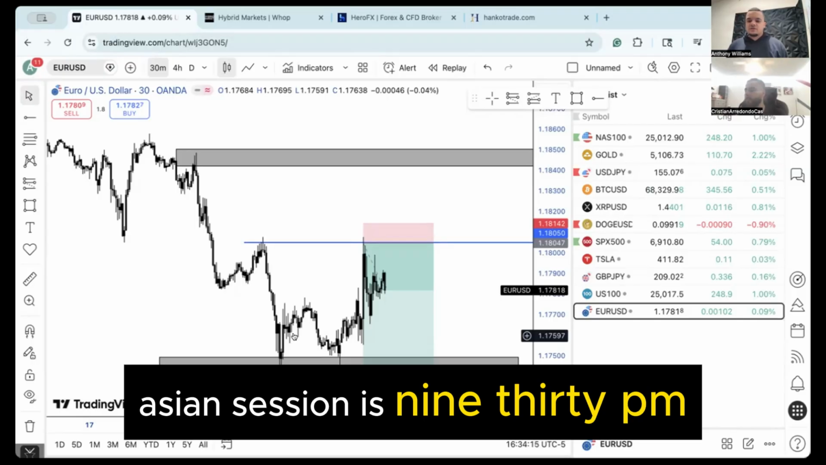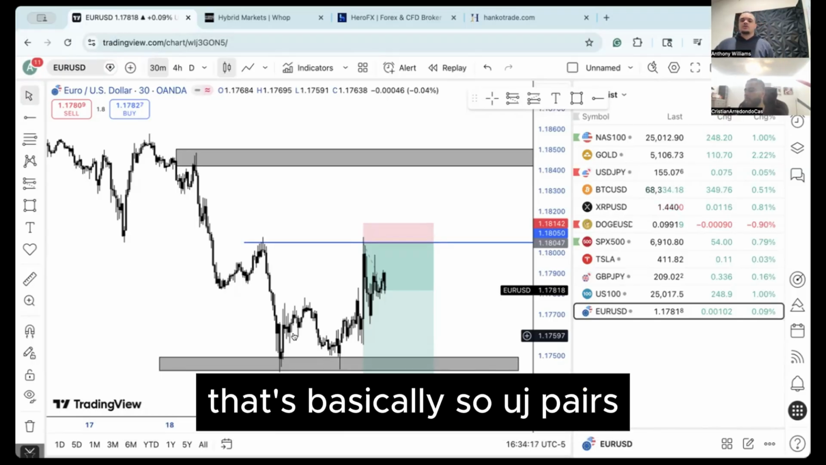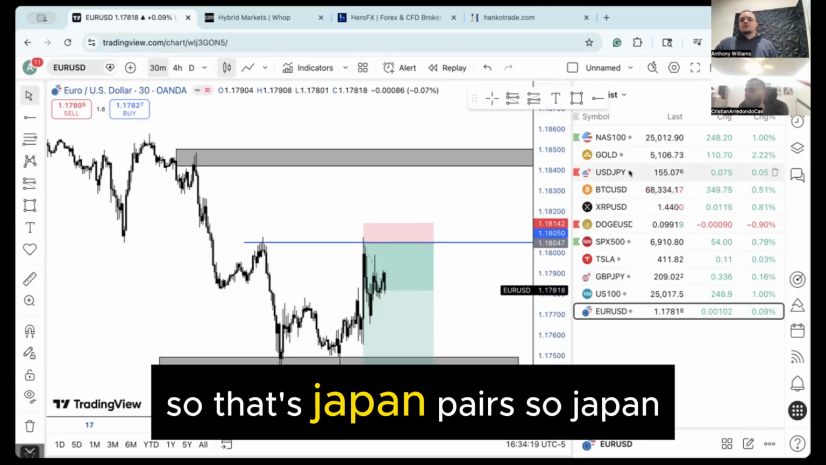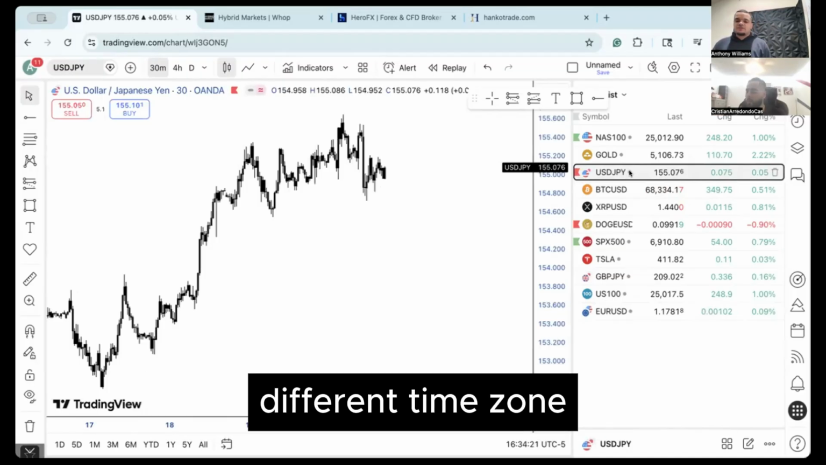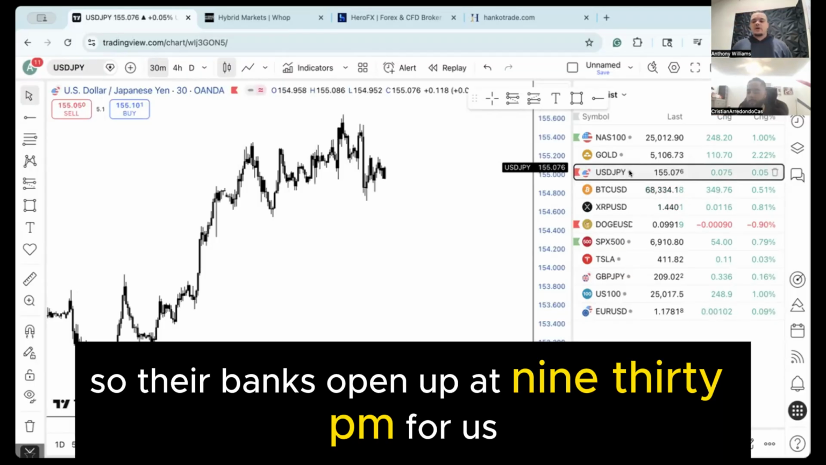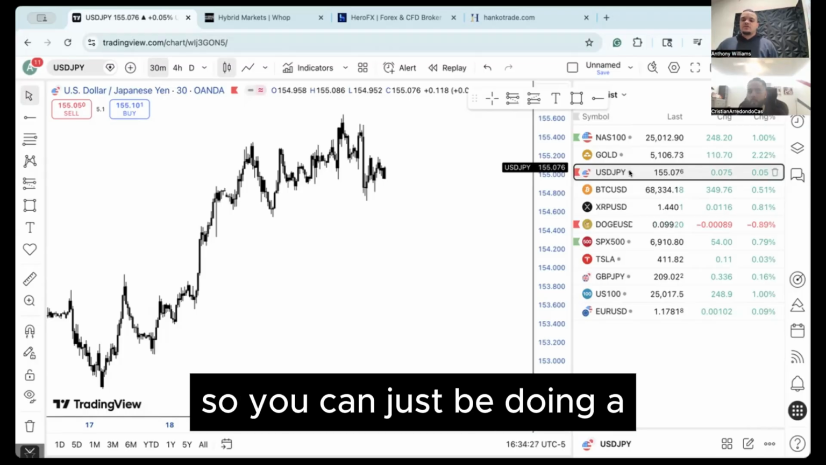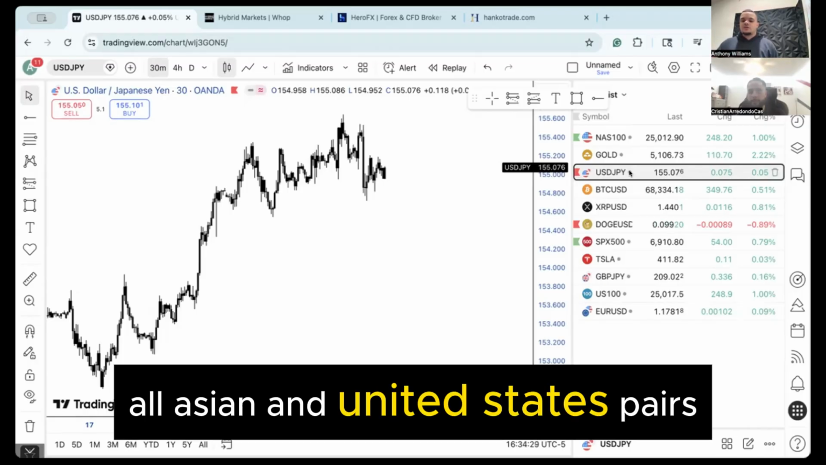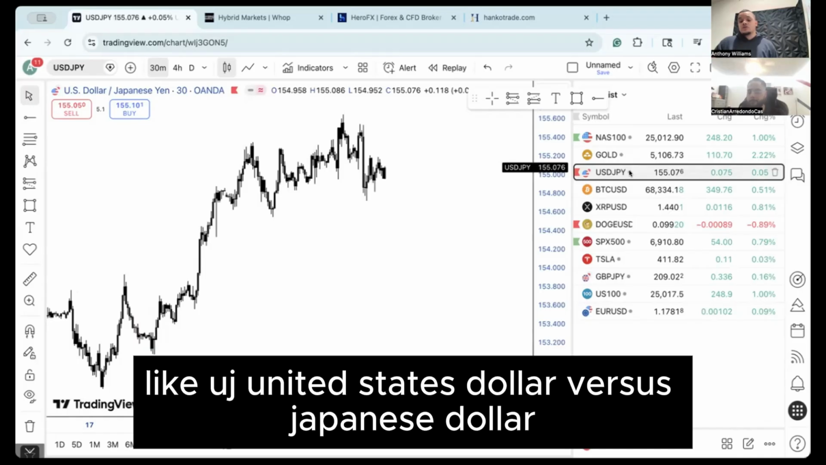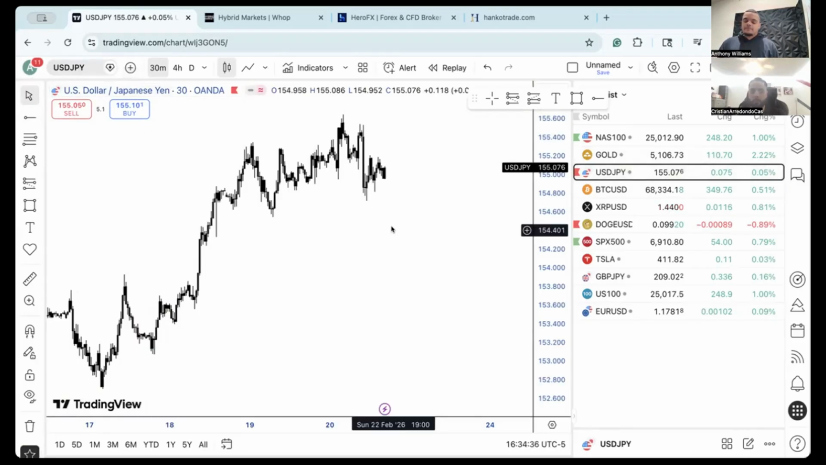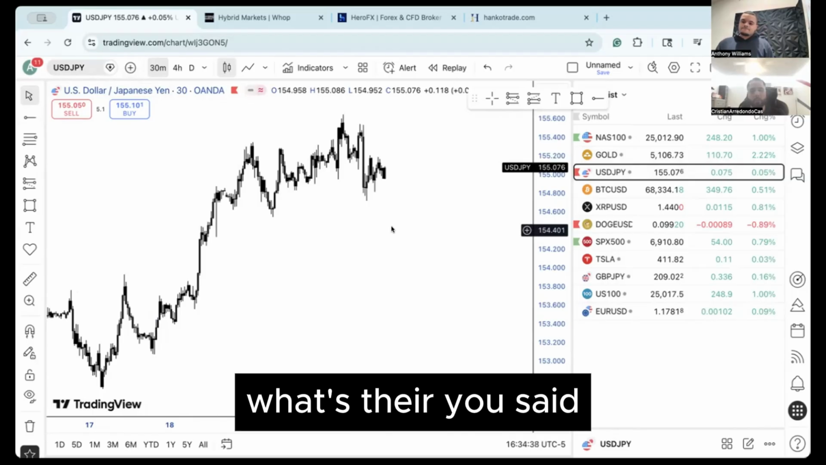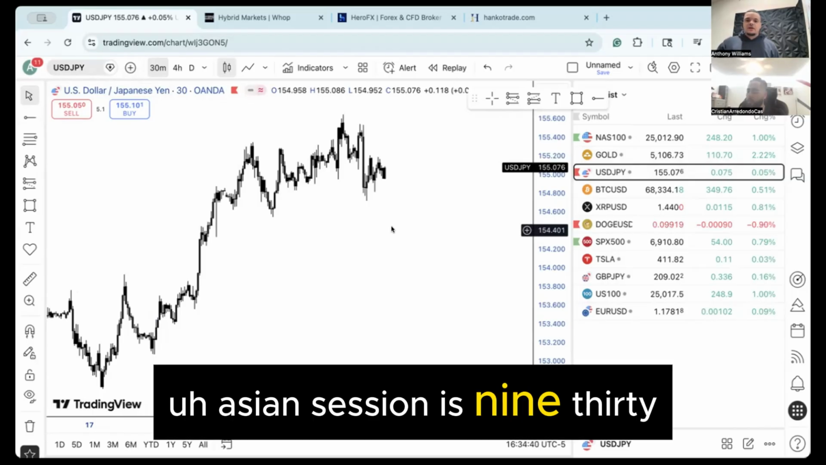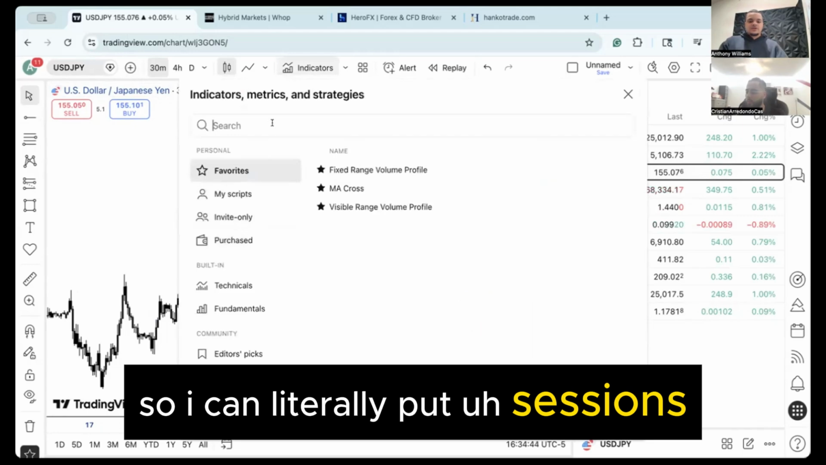The Asian session is 9:30 p.m. That's basically UJ pairs, so that's Japan pairs. Japan is on a different time zone, so their banks open up at 9:30 p.m. for us, but that's morning for them. So you can just be doing all Asian and United States pairs, like UJ, United States dollar versus Japanese yen. Asian session is 9:30. So I can literally put sessions,